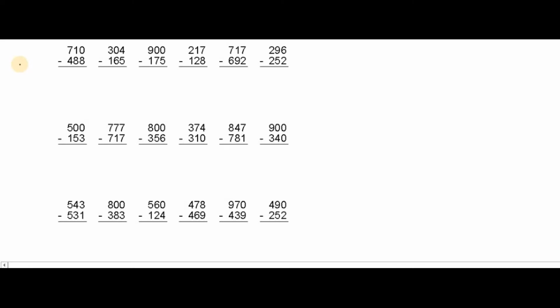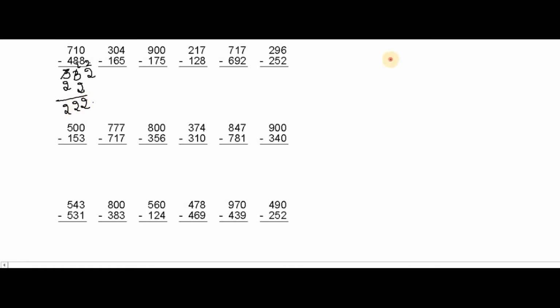Just you have to go from left to right, not from right to left like how we solve in the school method. So first we know that 7 minus 4 is 3 and 1 minus 8 is a mismatch. So the complement of 8 is 2, so we'll add 1 plus 2 is 3, and again the complement of 8 is 2, 0 plus 2 is 2. But it is a mismatch combination, so we'll write the previous numbers. So the answer is 222.